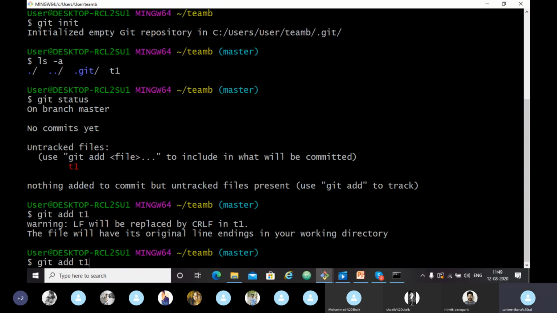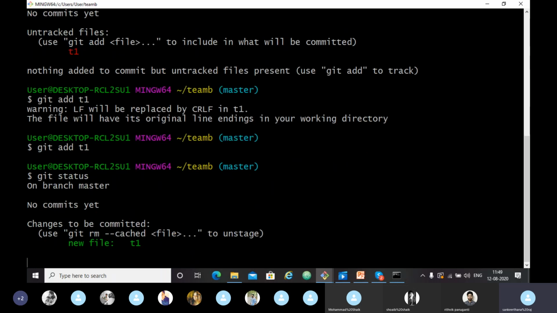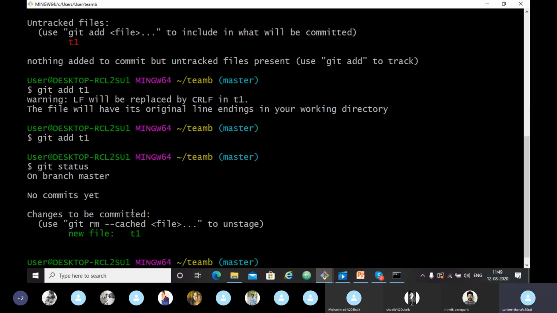Now we have made the untracked file a tracked file. Now if you want to see that, run the git status command. See the difference here: it said untracked file, and here it says changes to be committed. No commits yet.